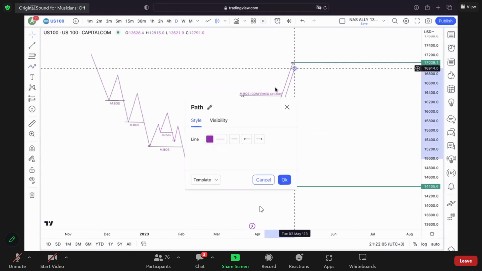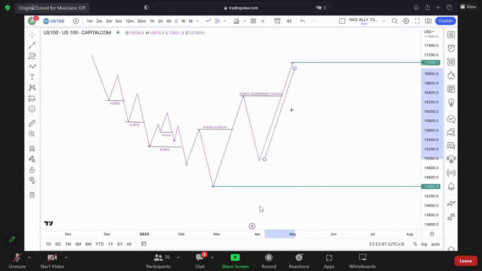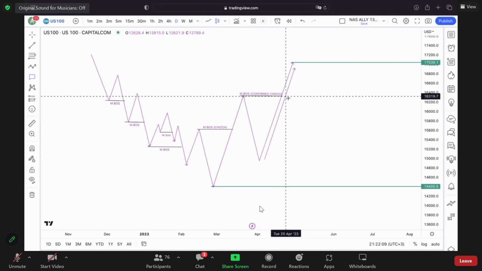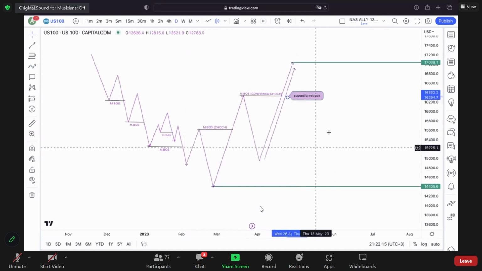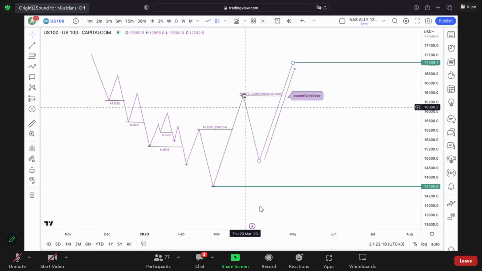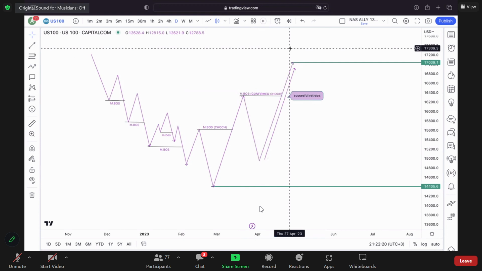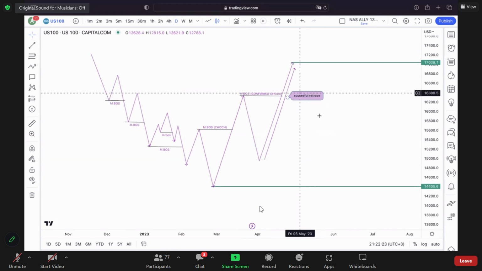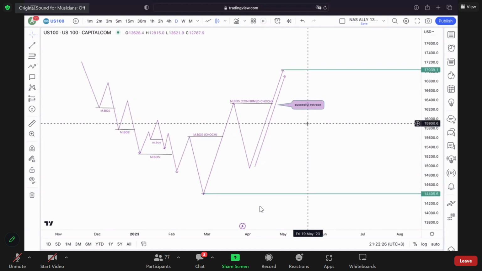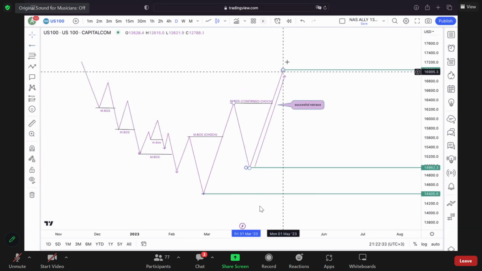Let me put it like this. Once the market breaks the structure again, this is what we call a successful retrace. Why? Because we've had success at pulling back and continuing in that direction. Now when you're looking for your trade, remember we speak of swing points and we speak of fractal. So obviously this is going to have been a new range that got formed.